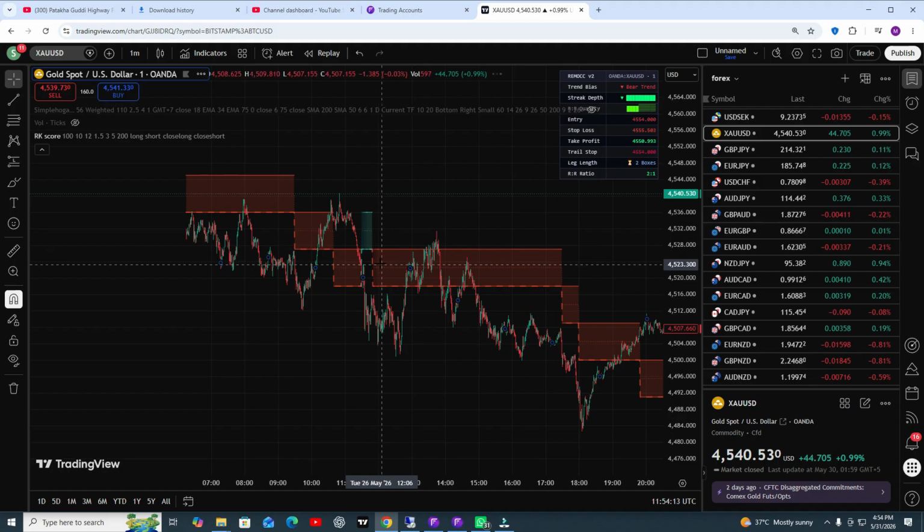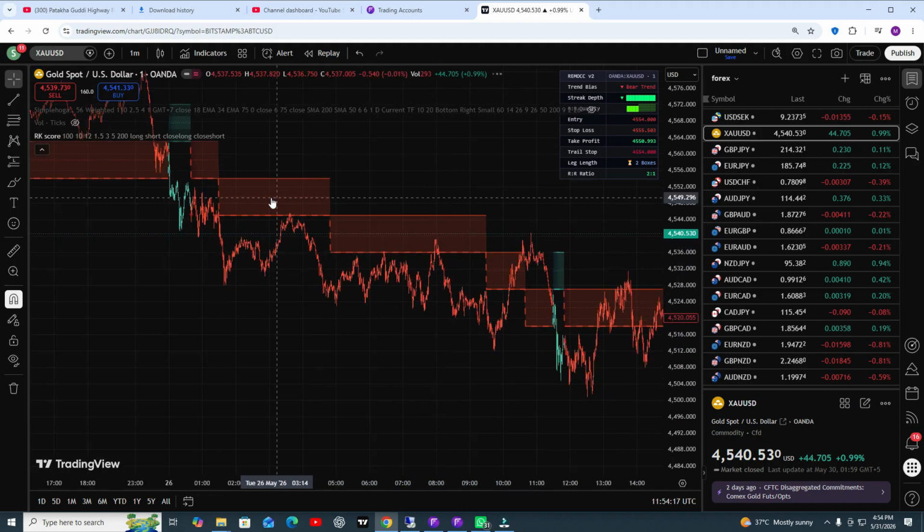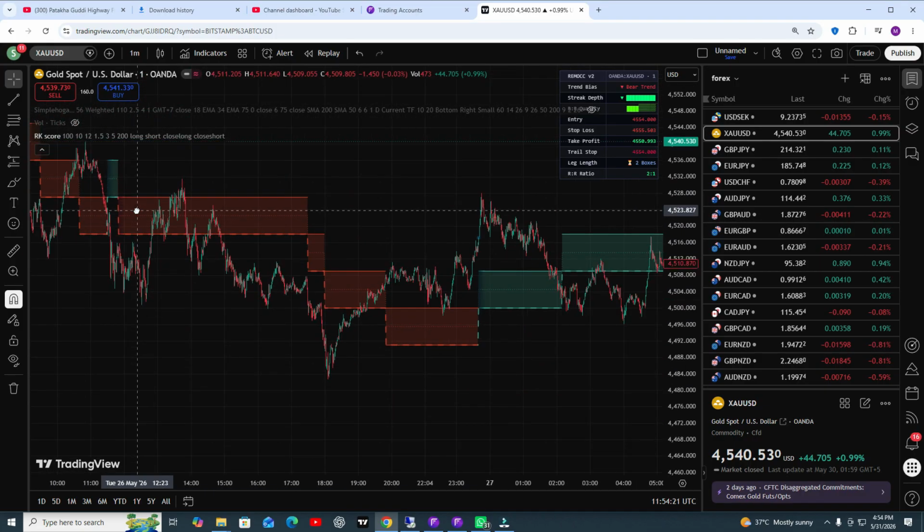Here you can see this is the trend confirmation, the market is going downside. You can see the red lines, that means the market is going downside. But we cannot identify where the exact signal is.